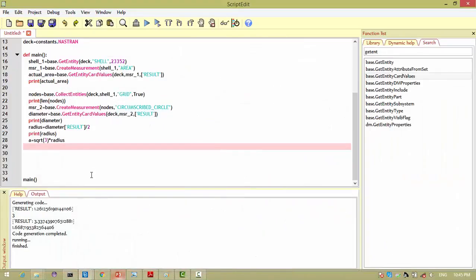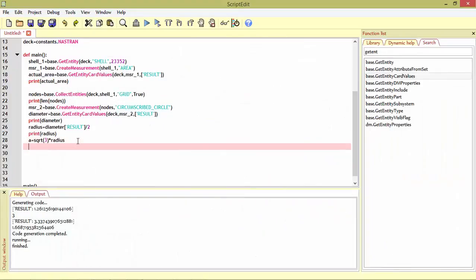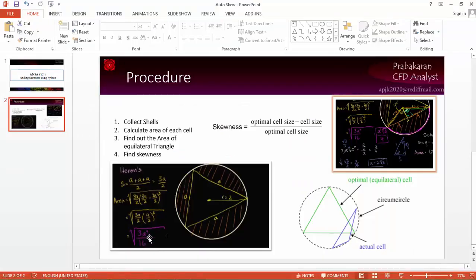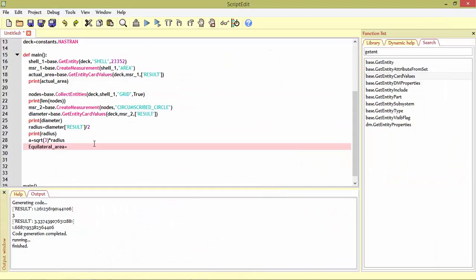So this is what here also. After that, the area of the equilateral triangle is, here we have the equation: root of 3 a to the power of 4 divided by 16, otherwise root of 3 a squared by 4. So that way I am going to utilize here, so that I am typing